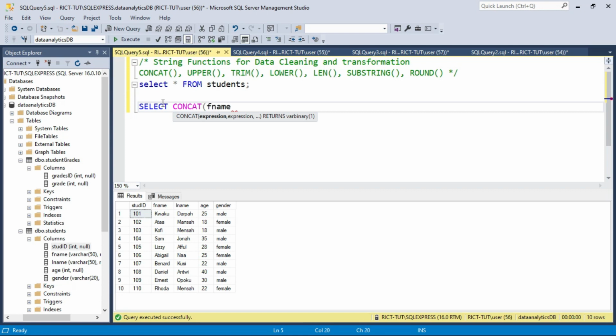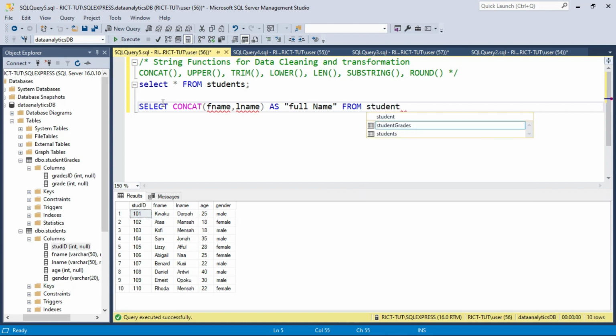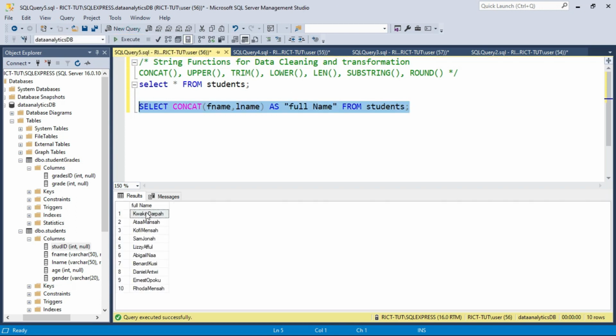So I'll call F name followed by L name, then I'll give it an alias of, let's say, full name. Then I have to tell SQL which table we are selecting from, which is the students table. Okay, let me run this code. This is what we have. So you see that it has combined the F name and L name columns to give us the full name,